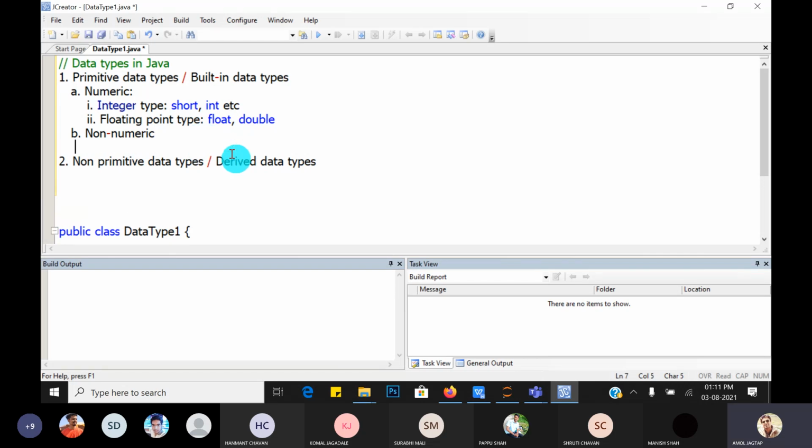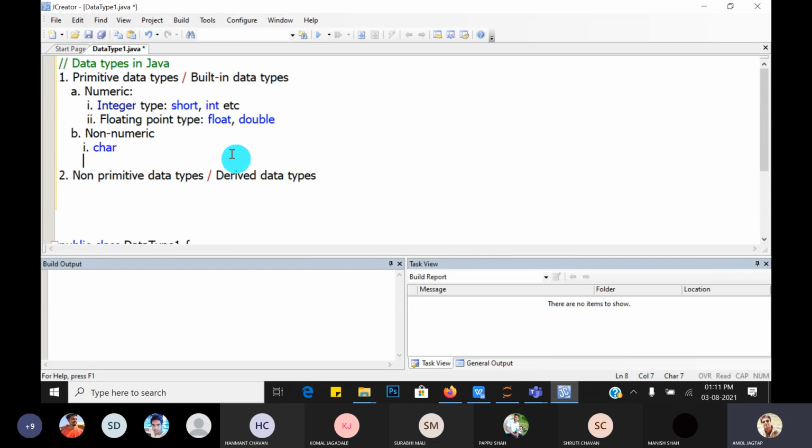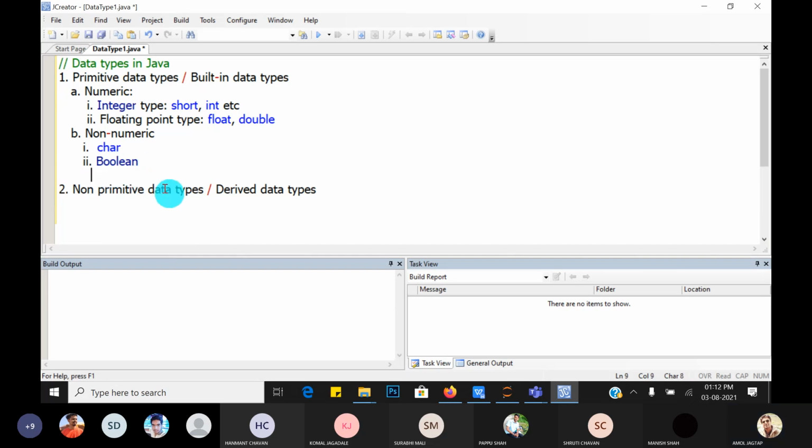Then there are non-numeric data types. So first, which we are very familiar with, is the character data type, and second one is called Boolean. Boolean is a data type in Java. Also in C and C++ there is a Boolean data type, but in plain C language there is no Boolean data type.